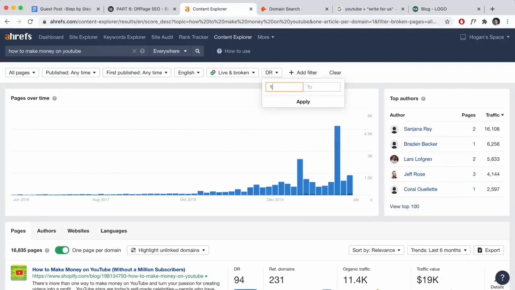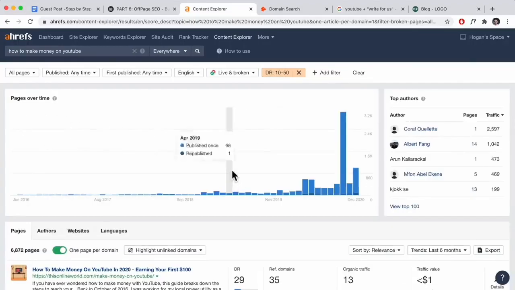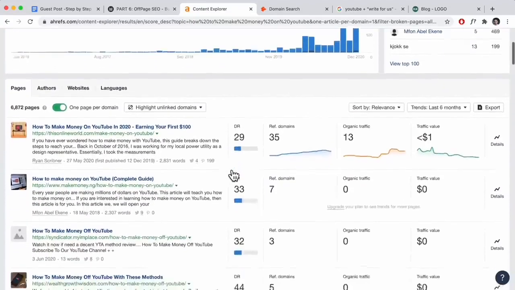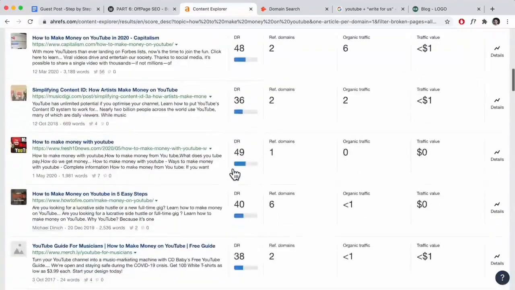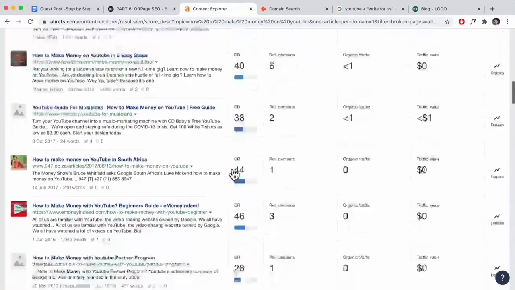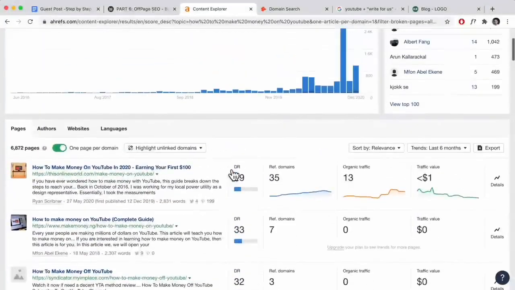So we can set it to maybe 10 and 50. Okay, so that's going to pull in the websites with a domain rating of 10 to 50. So what we could do is start browsing through the different websites to see if we actually want to submit our guest post on there, because not every website we can actually do it, because maybe it's not relevant, maybe it's a bit old,